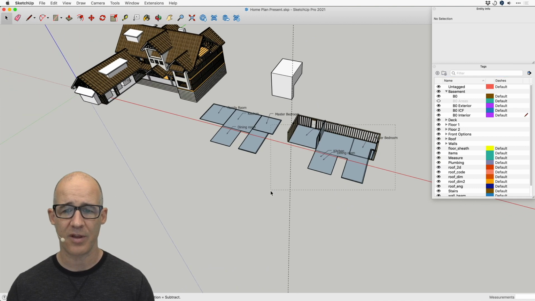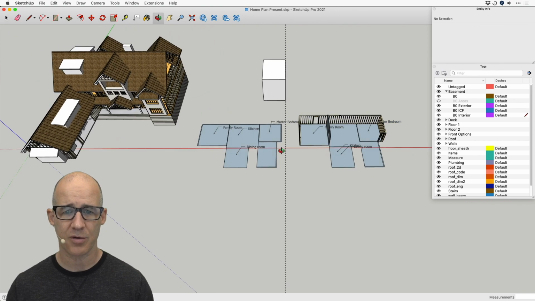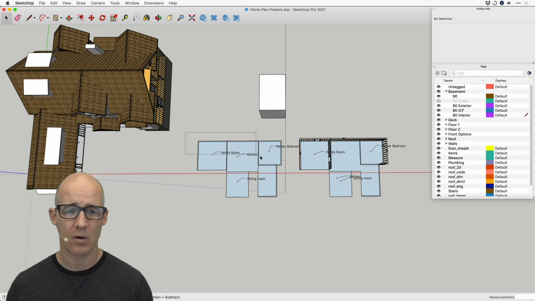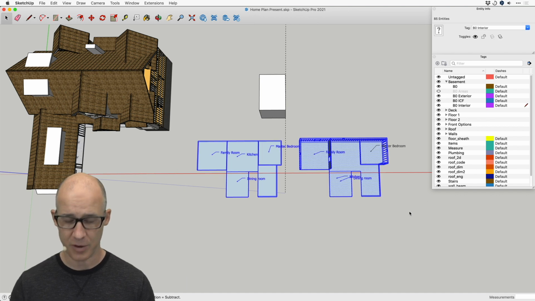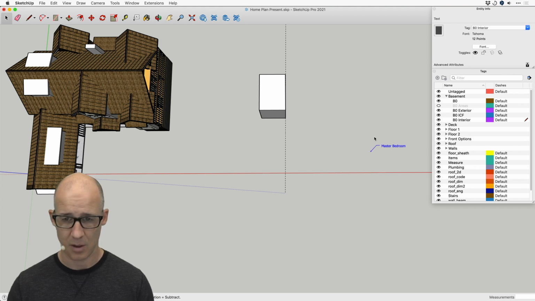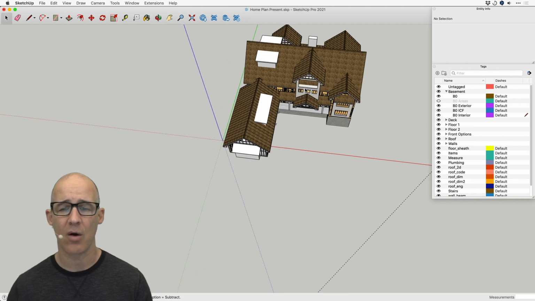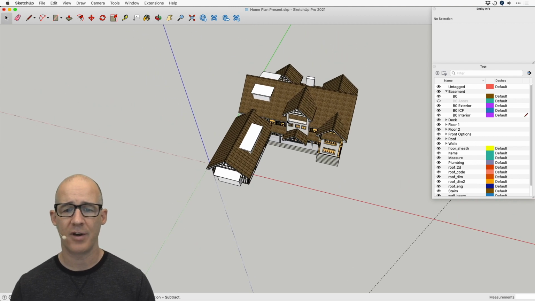simply get rid of everything that I have been developing here. Don't want to get rid of my front treatment. And we'll just simply enclose all of those, which we learned in a previous video how to make selections and be able to get rid of them. We are going to work with my actual model now, and I'm going to go through the different parts of